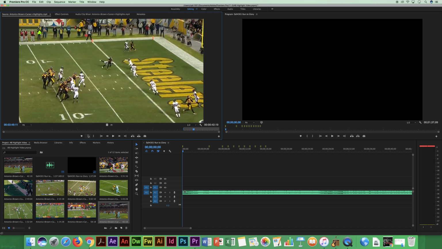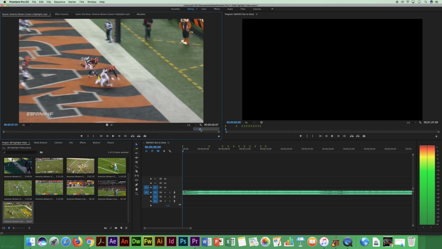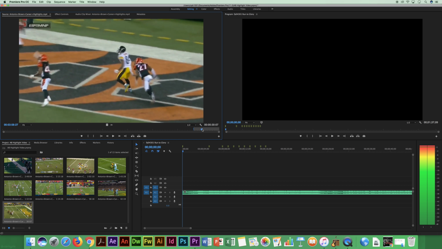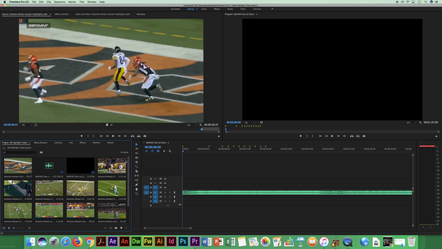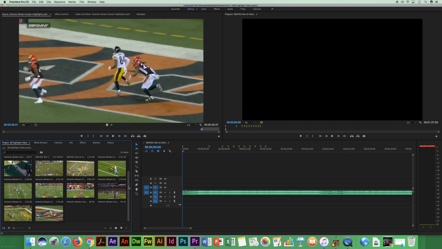This is a great one, and we only need one more, so how about this? One of the 800 touchdowns Antonio Brown has scored in his career. Okay, so now I went through and did that. Doesn't take too long, but it's necessary for the project. It can be a little tedious here and there, but now I have, what is it, 11 clips